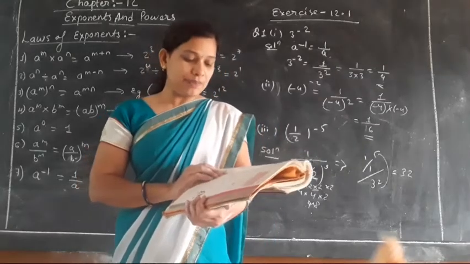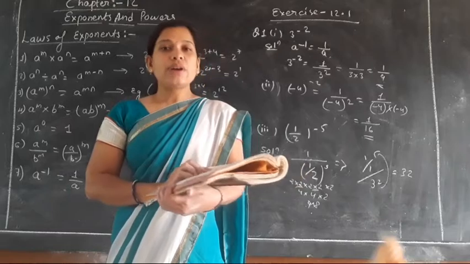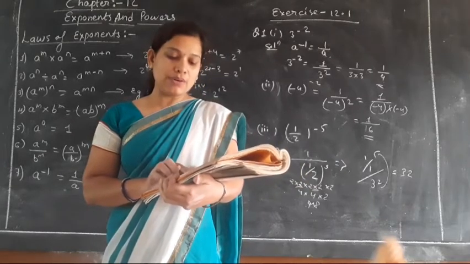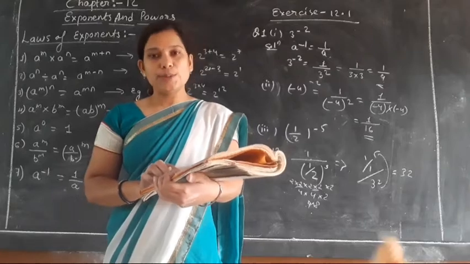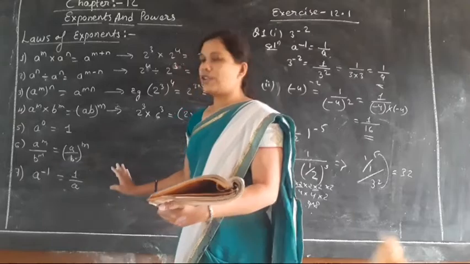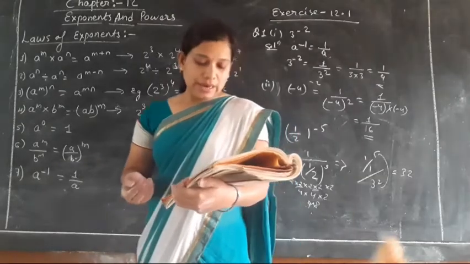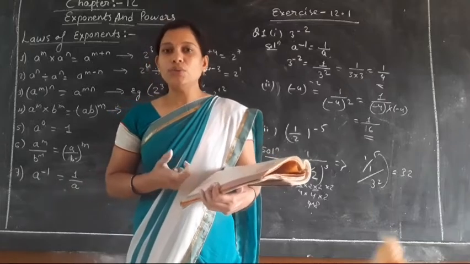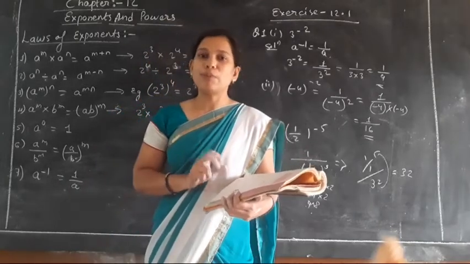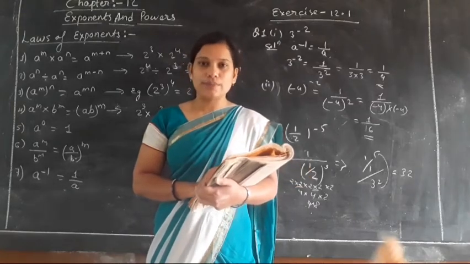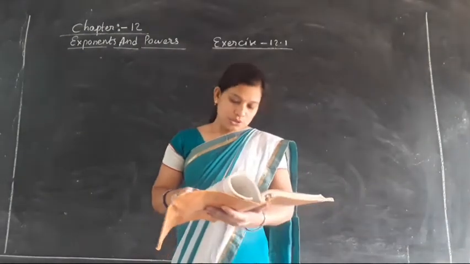Clear everyone? So moving toward the second question, we are having: simplify and express the result in the power notation with the positive exponent. So dear student, here what you have to do is use the laws of exponent, simplify it, and whatever power you get, bring that power into the form of a positive exponent. Okay, now see the solution, how to do it. So now look at the solution, question number 2.